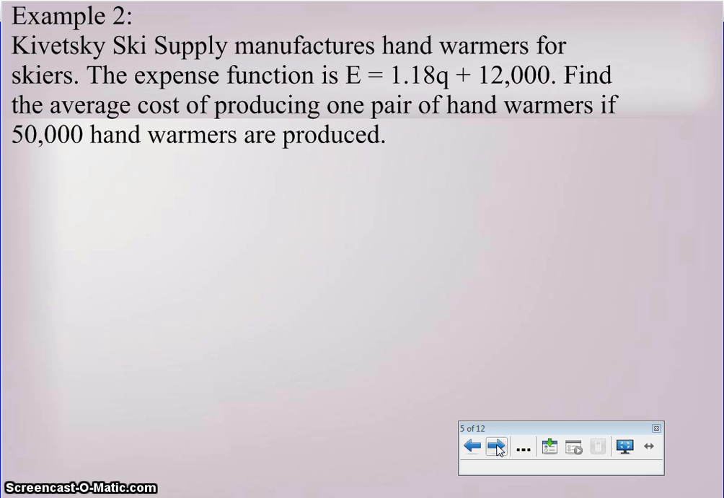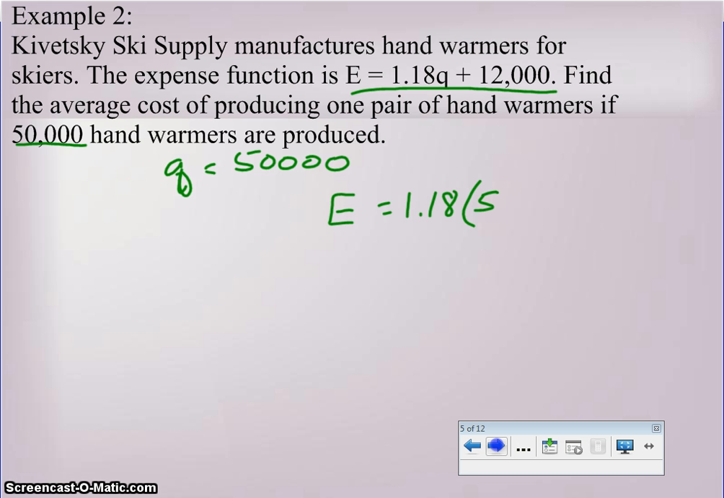All right, example 2. Kivetsky Ski Supply manufactures hand warmers for skiers. The expense function is E equals 1.18Q plus 12,000. Find the average cost of producing one pair of hand warmers if 50,000 are produced. So in this, remember that Q is number of units produced. So Q in this case equals 50,000. And it's as simple as plugging it in. So instead of putting Q there, I'm going to put 50,000